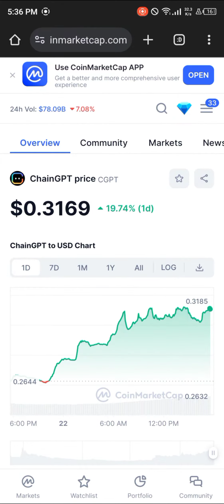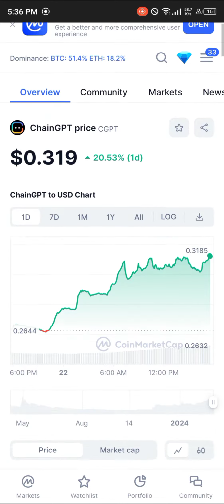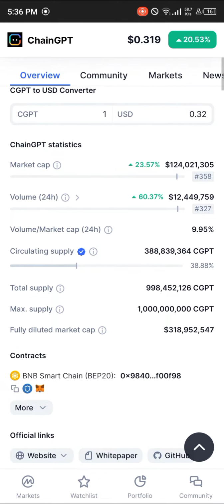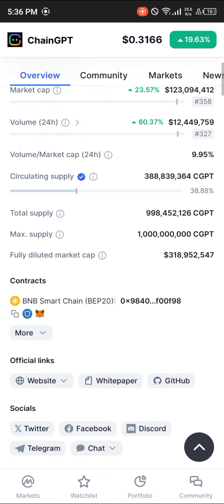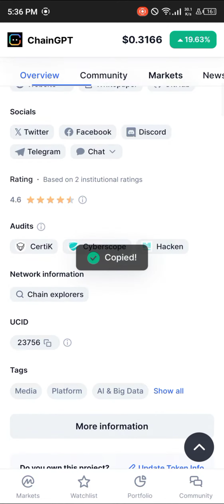Open up your browser and log on to coinmarketcap.com. Link in the description of the video. So guys, once you're on coinmarketcap.com, simply scroll down till you find the contract address for the token. Once the contract address for this token has been copied, head over to the market section to find where it's